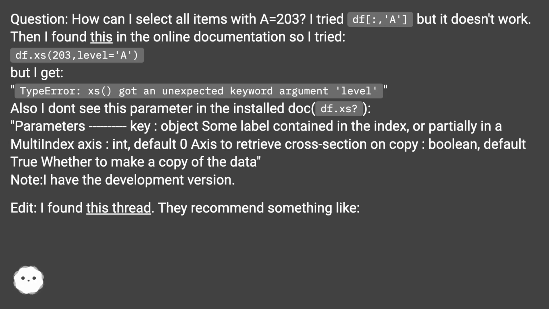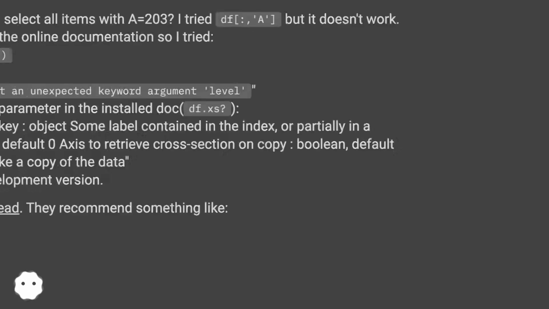Parameters, key, object, some label contained in the index, or partially in a multi-index. Axis, int, default 0, axis to retrieve cross-section on. Copy, Boolean, default true, whether to make a copy of the data. Note, I have the development version. Edit, I found this thread. They recommend something like,